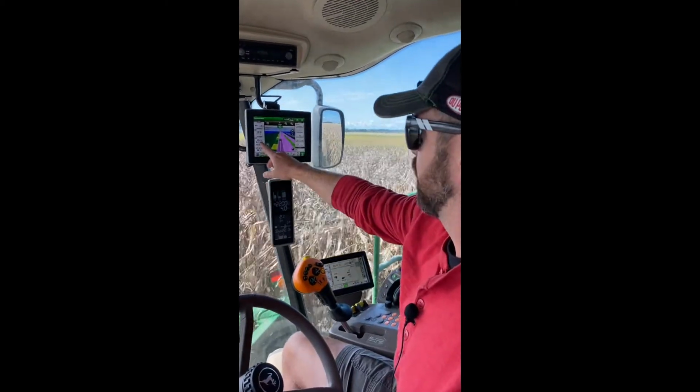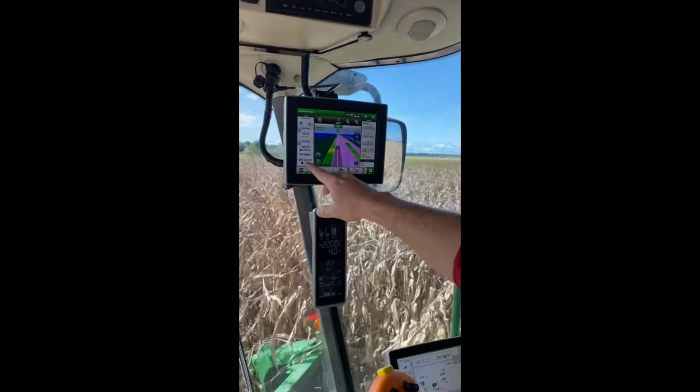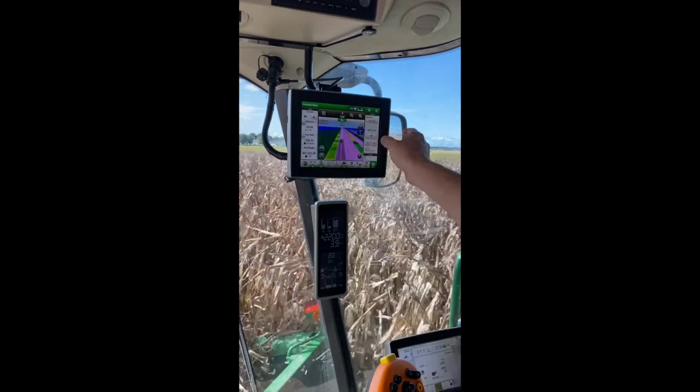So it's giving me that. It's giving me the moisture content of the corn here. So this is 20.9 or 20.98, almost 21. And then it also gives me the wet weight of what we've harvested. I've got it set on load, so on this current load,